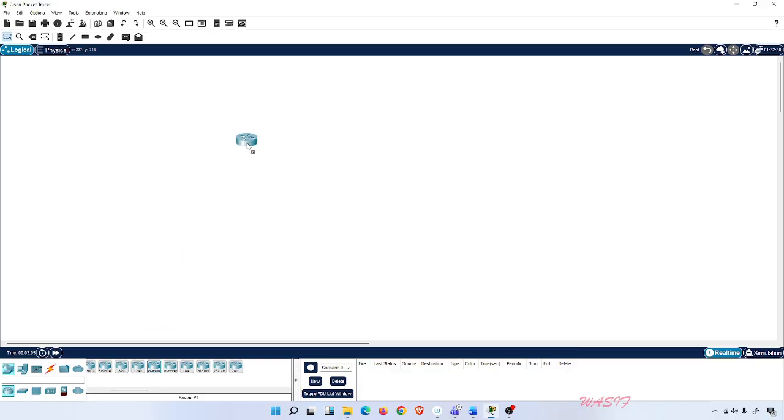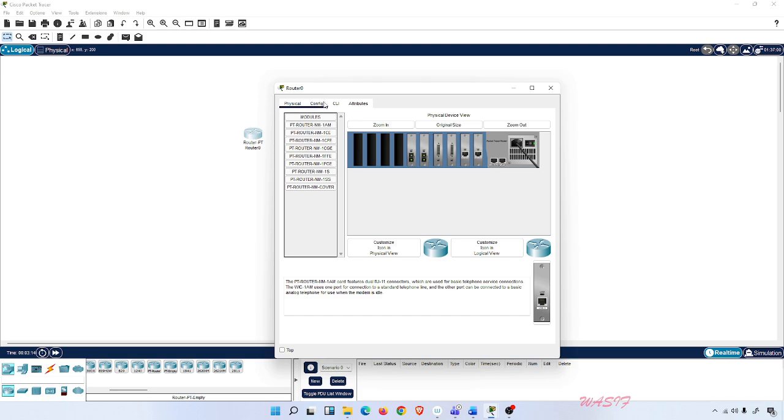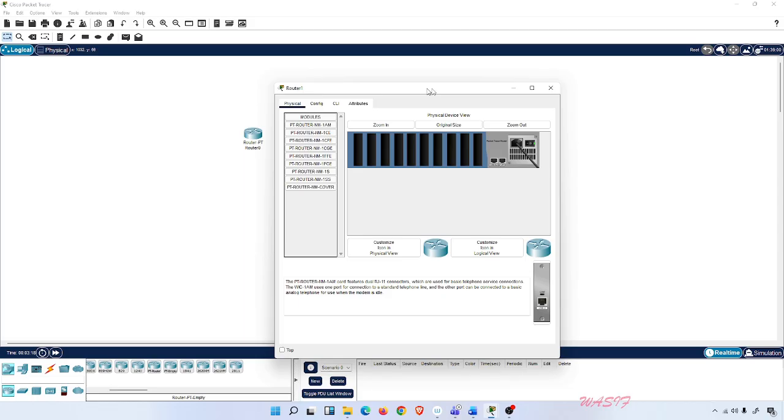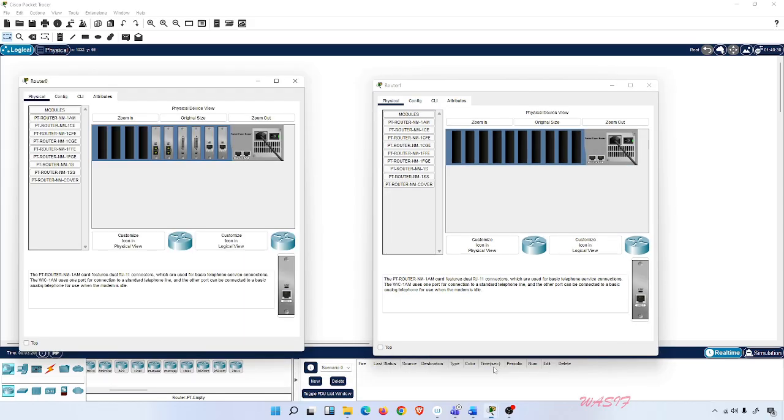Now, let's take this router. I just want to show you something here. One is empty, another is a router. So if I come here, if you look at here, and if I come here, and if you look at here, you see there is a difference. Like, in order to connect the cables,